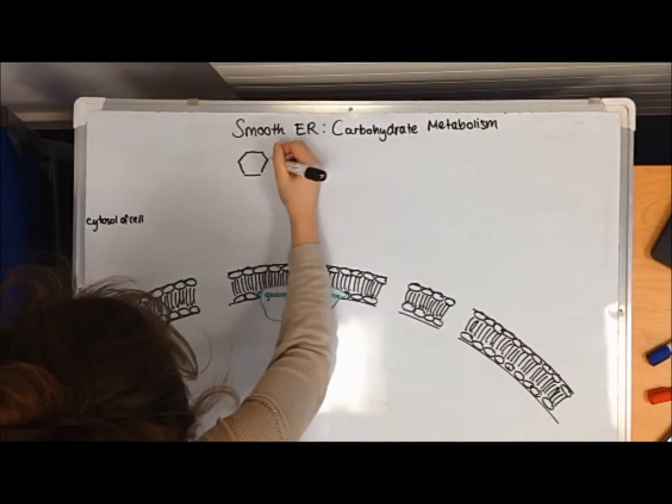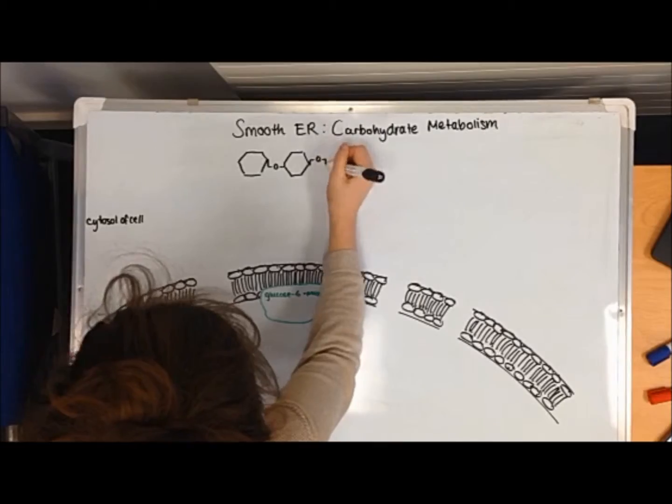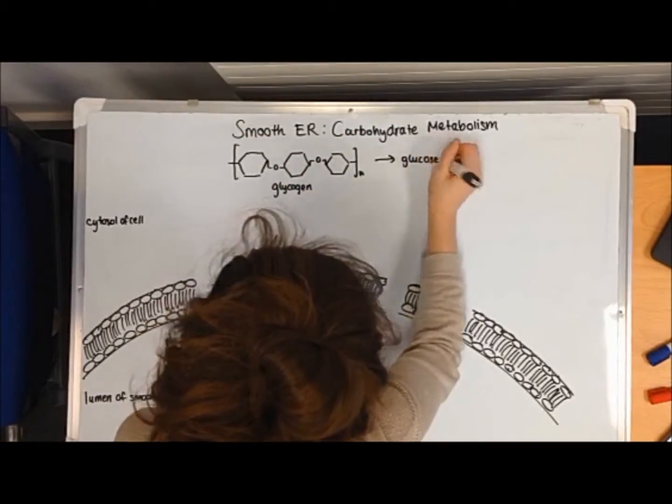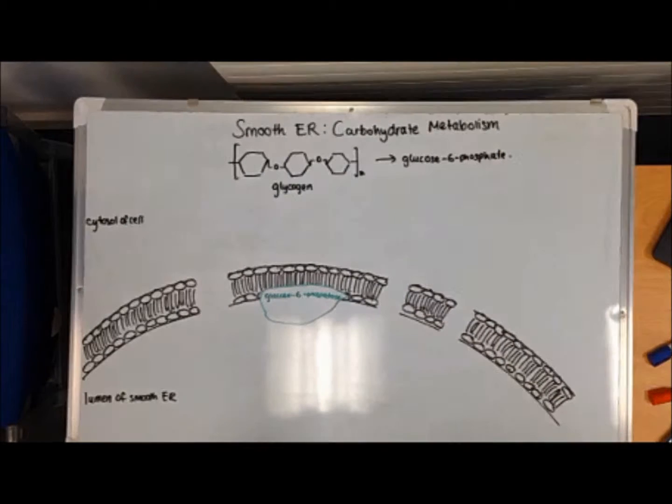A role of the smooth ER is to break down glycogen. Glycogen is a large complex molecule in comparison to glucose, a smaller, simpler molecule that is generally permeable to most membranes. Glucose obtained from glycogen is able to leave the cell in times of need, such as in response to increased muscular activity. Glucose 6-phosphate has been obtained from glycogen via a series of enzyme-catalyzed steps in the cytosol of